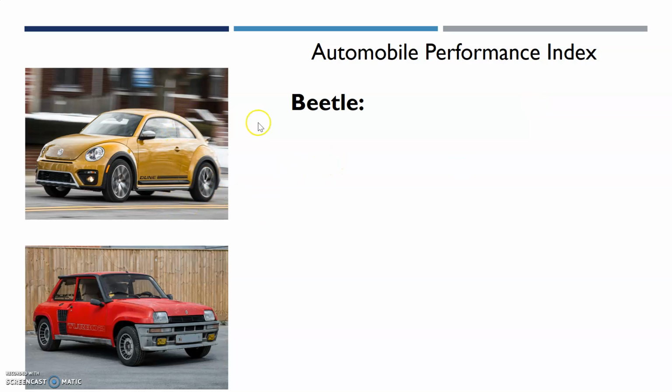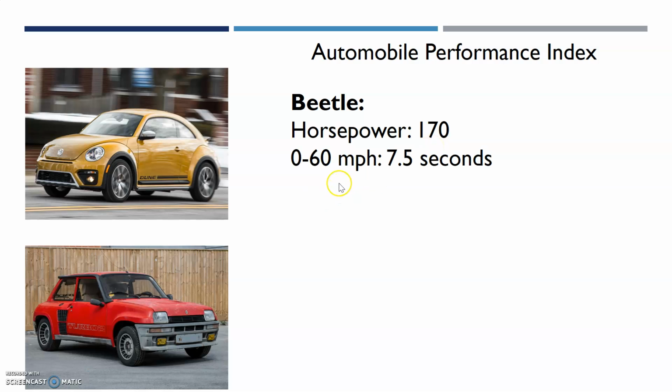Let's check out Beetle first. The first index I have here is the horsepower. So Beetle is not bad. The horsepower is 170. So this horsepower represents the unit of measurement of a car's power, right? So the larger this number is, the better the car performs.